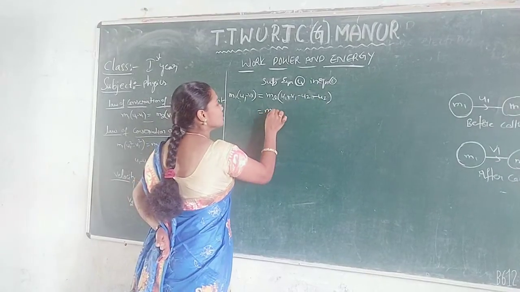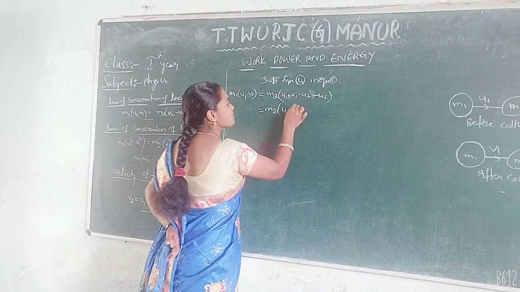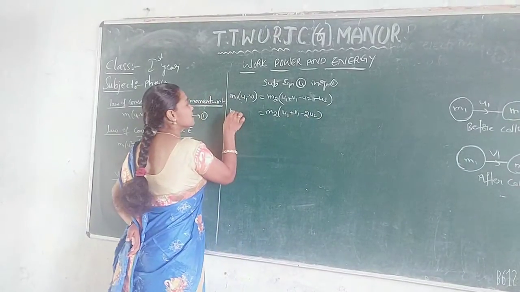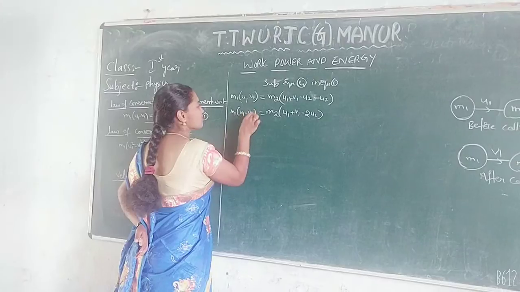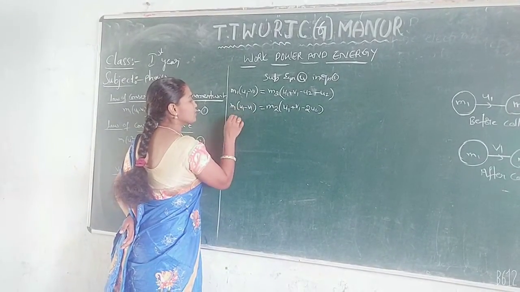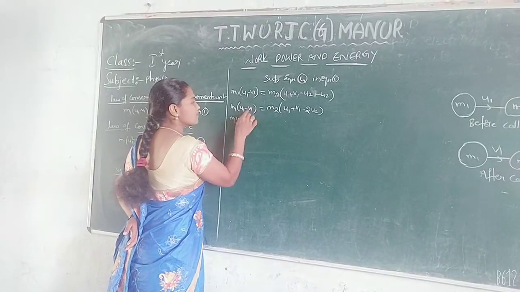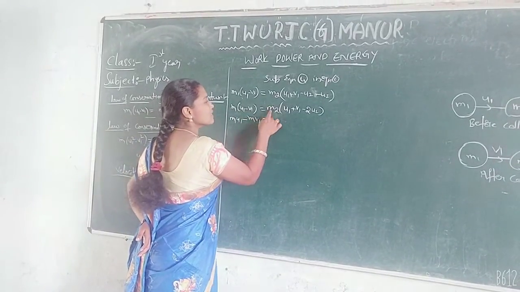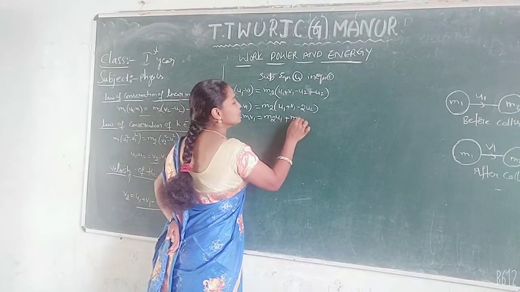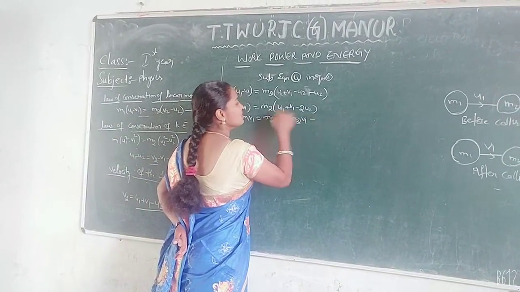So m2 into (u1 plus v1 minus 2u2). The left hand side is m1 into (u1 minus v1). So multiply m1 and m2: m1 u1 minus m1 v1 is equal to m2 u1 plus m2 v1